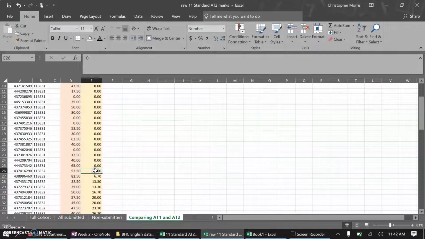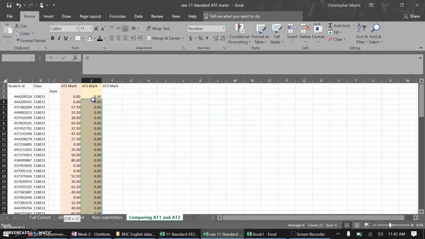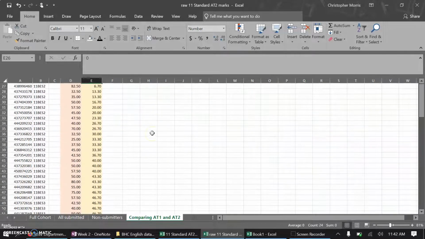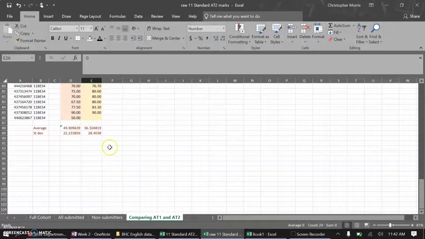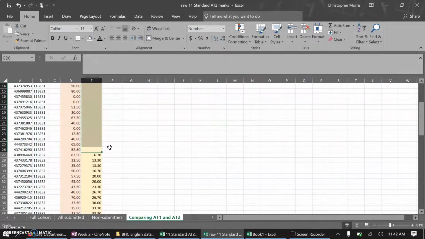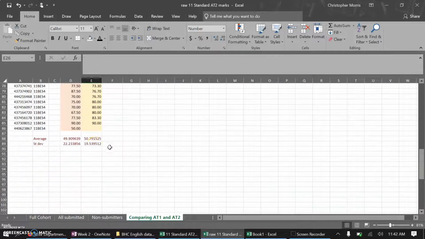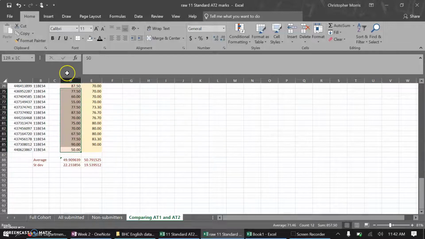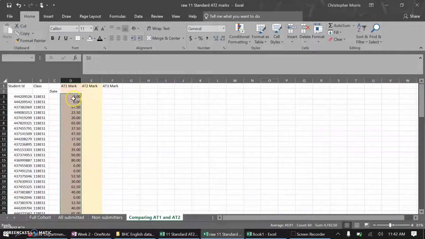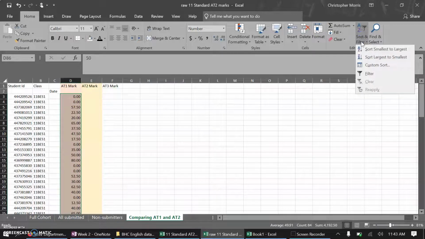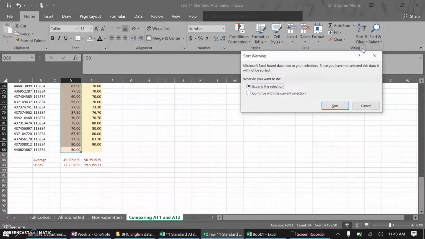Now I'm going to highlight all of these. Now I'm going to keep them highlighted and scroll down, and I'm going to watch the average. I'm pressing delete, and the average is going to change drastically. So the average has gone way up because we're really interested in the average of students who have completed the task. It's worthwhile to look at the number of students that weren't able to complete the task, but